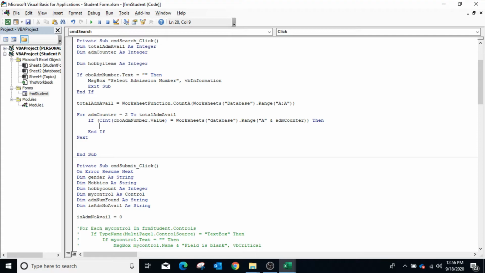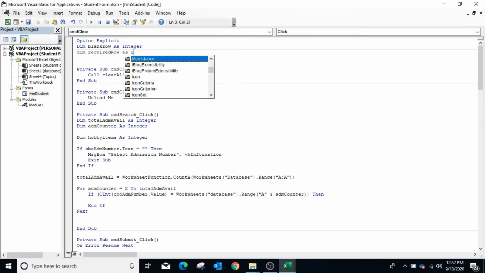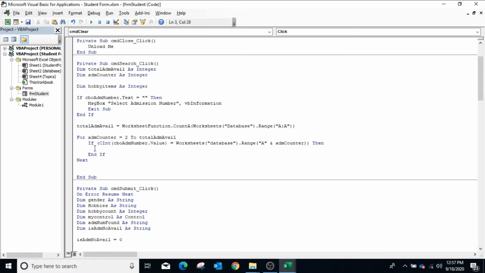Here we can get the row number in which the admission number is found. We will declare a global variable, dim required row as integer. Now we will store the row number in the variable, which we can use to delete or update the information. So required row equals to ADM counter.